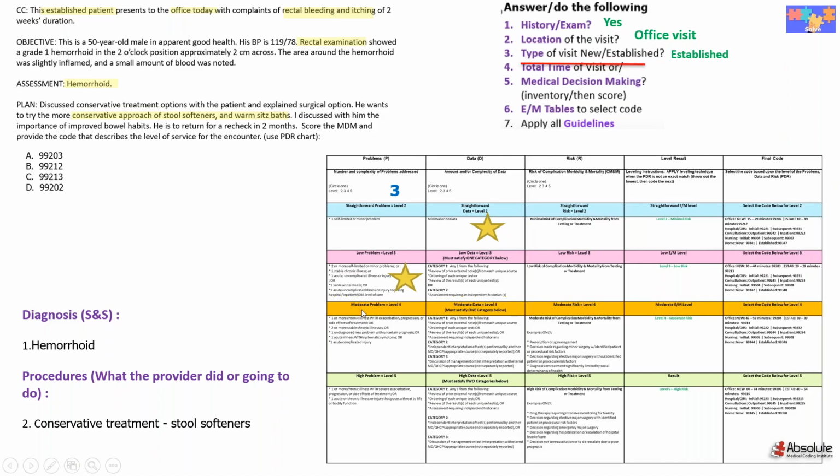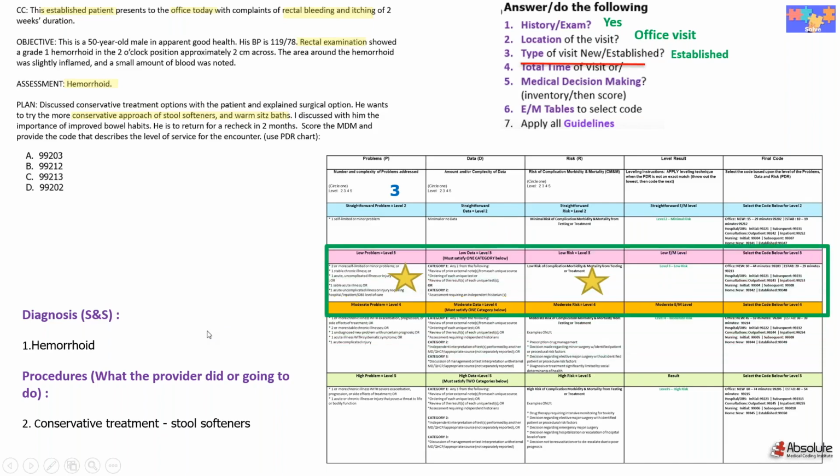So that would be a straightforward level 2 data for me. And the risk, this time I would take it under low risk because the doctor has given the stool softeners, which would be over the counter products. So I would go and give a low risk for this scenario. As we do, we will remove the lowest level and select the next one, and this one is going to be a level 3 low risk MDM, and the correct CPT code is option C